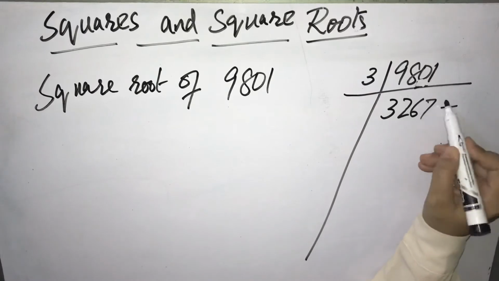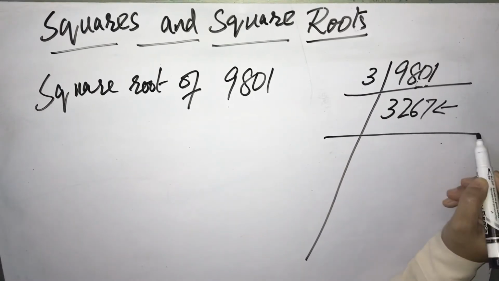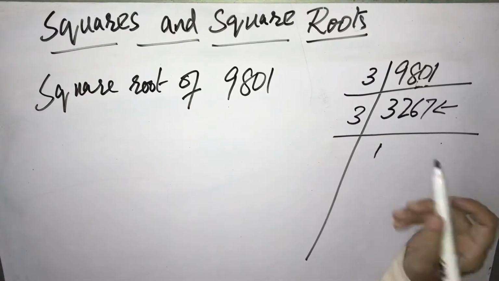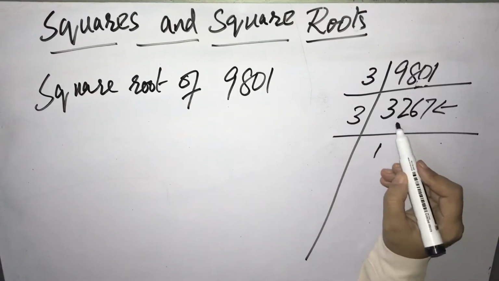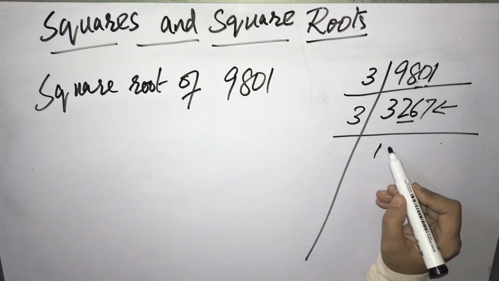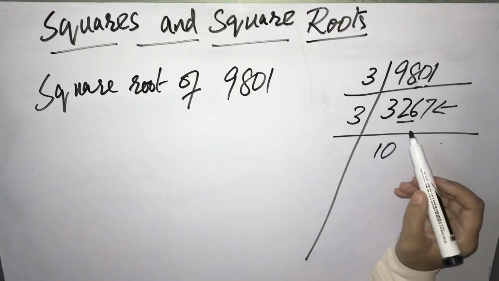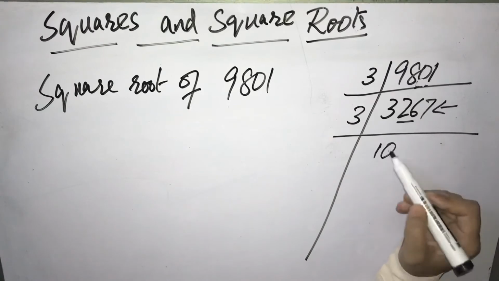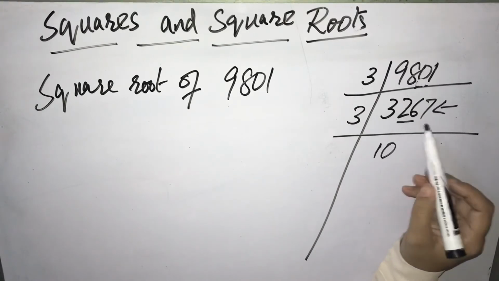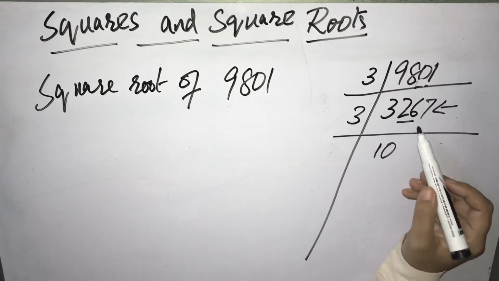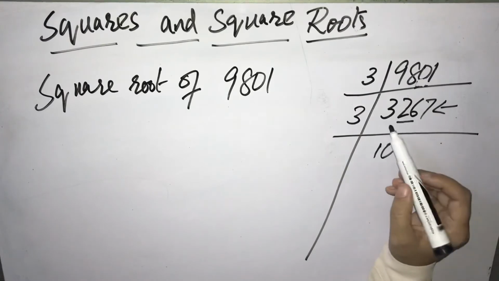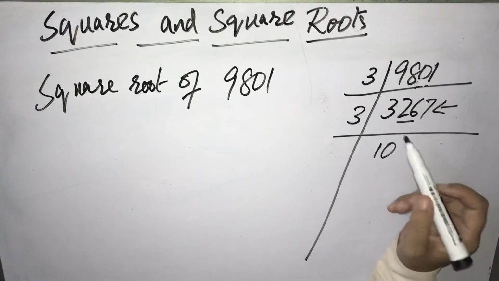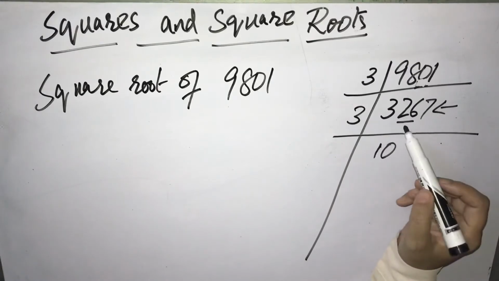Okay, again with 3, 3 1s are 3. 3 1s are 3. Now we have to take two numbers, so we have to put a 0 here. When we take two numbers in between the numbers or at the end of the number, we take a 0. If we take three numbers together at the same time, we shall take two zeros. So in the start, we will not take any 0 if we take two numbers. 3 1s are 3, 3 zeros are 0.